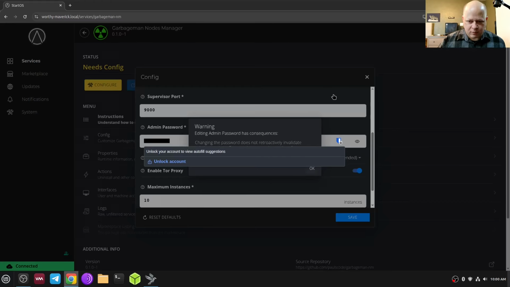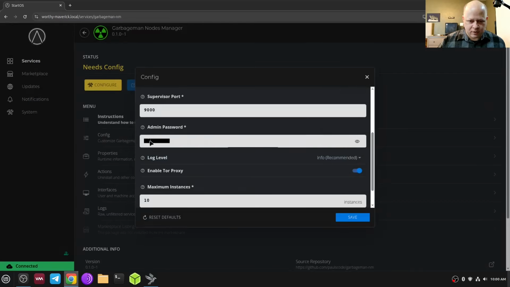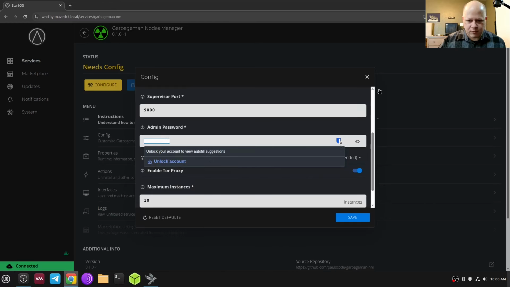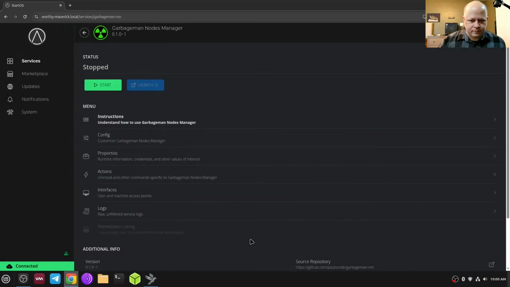You can click somewhere else on the page to close it, go back over there, and now you can usually grab it. So we're going to copy that value into the clipboard, and then we're going to click on Save. Okay, so now we have the password for the user interface in the clipboard. So we're ready to paste it once the